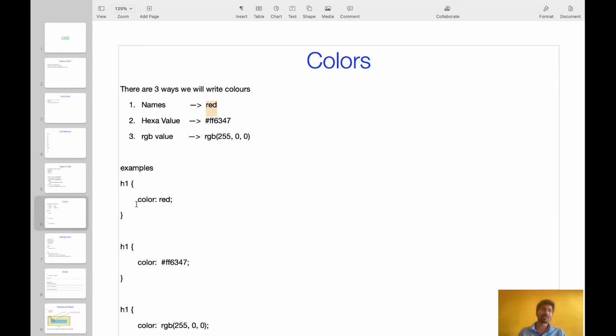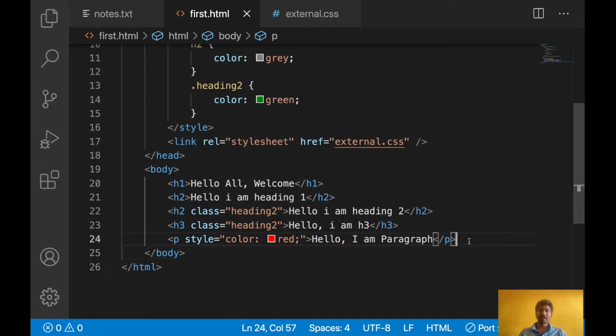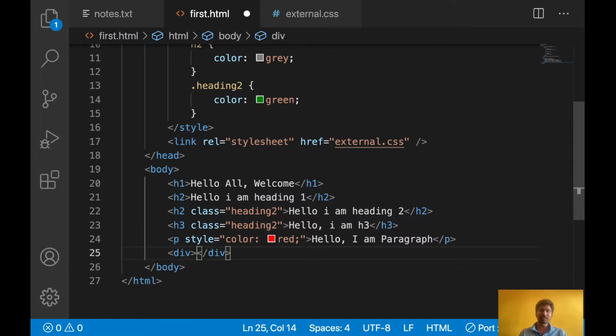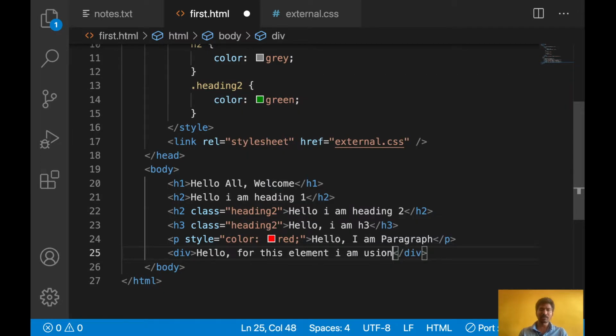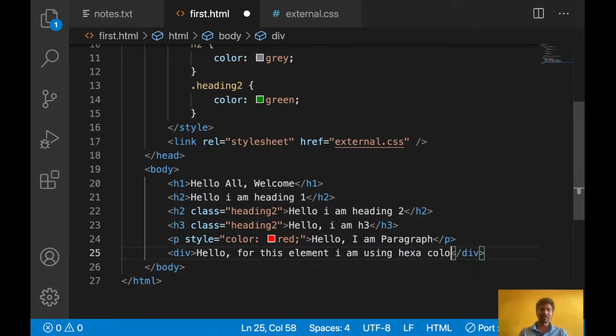Color red we already applied, this kind of thing we have already seen. Now let's apply the hexa value. Let's say I have one div. I am using a div element now. Hello. For this element I am using a hexa value, hexa color.